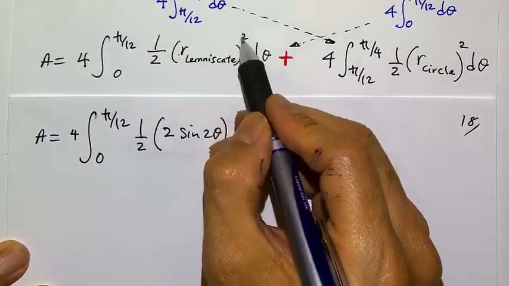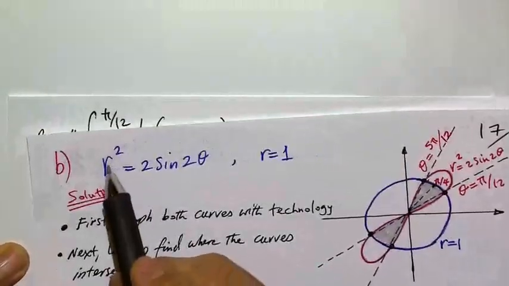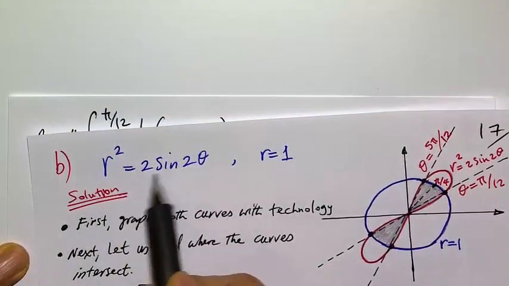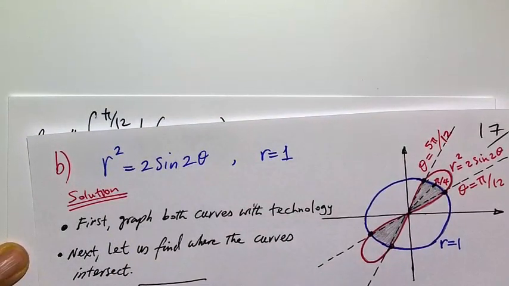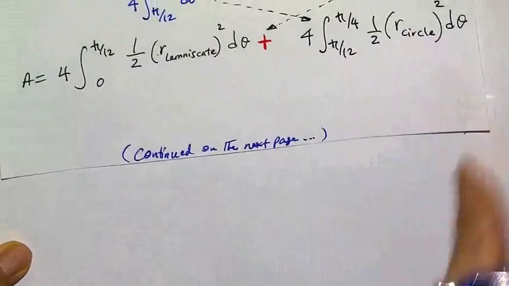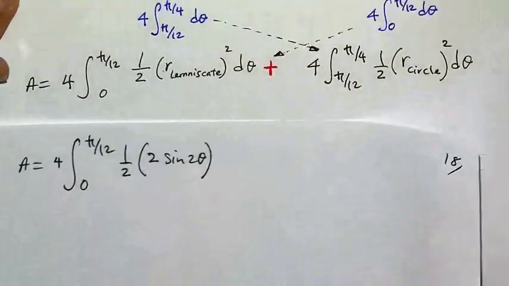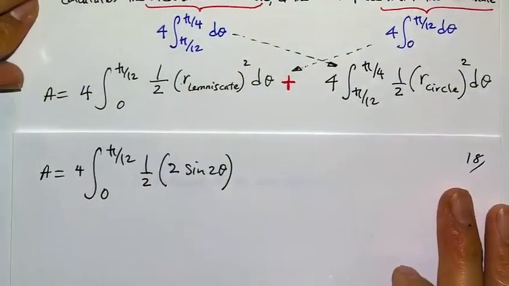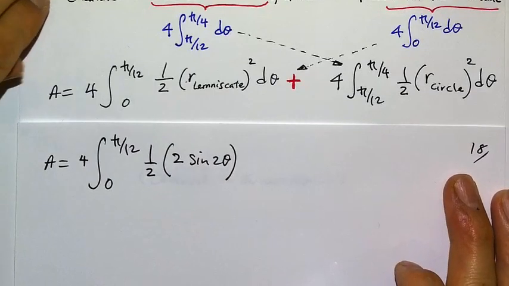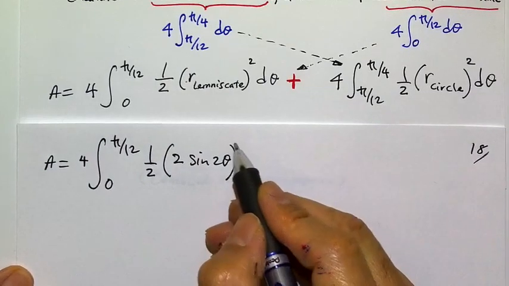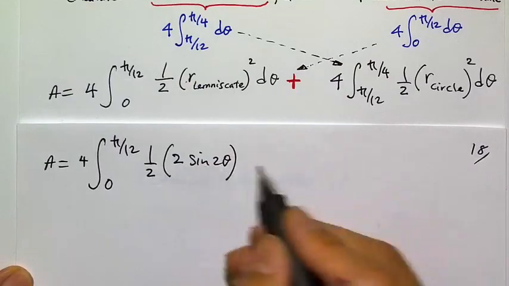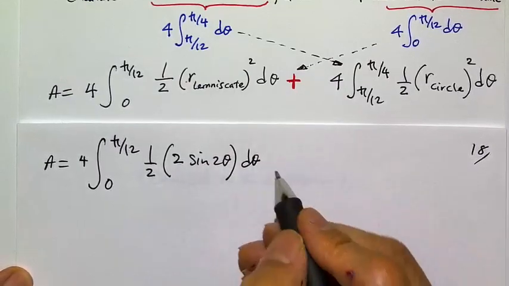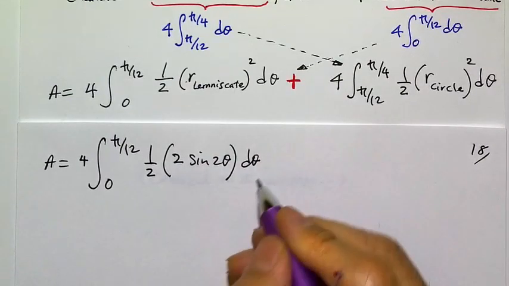This is r squared. R squared equals 2 sine 2 theta, so we already have the r squared curve given to us for the lemniscate. So no squaring, this is already r squared, d theta, and then plus